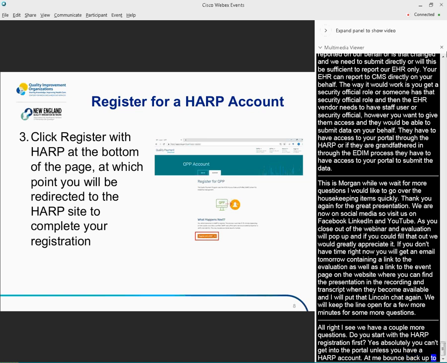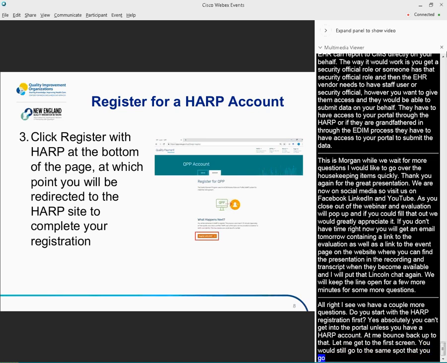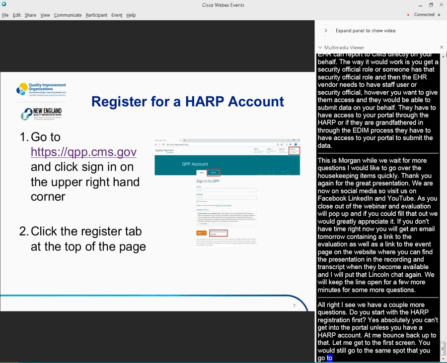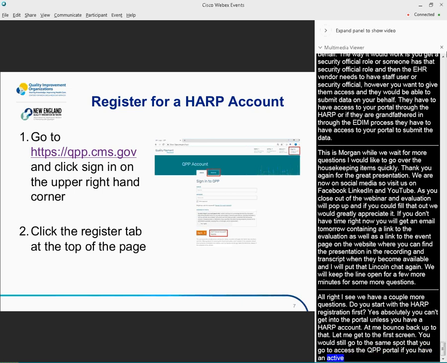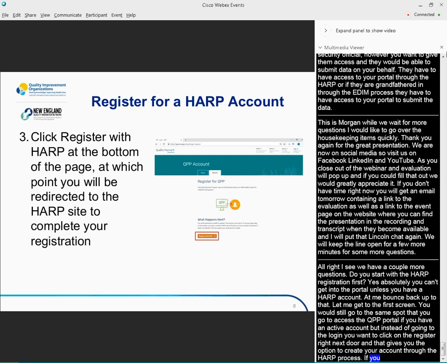Okay, so you would go to the same spot that you would go to access the QPP portal if you had an active account, but instead of going to this login, you'd want to click on the register option right next door, and that would give you the option to create your account through the whole HARP process. If, again, you already had an EIDM account active and you could log into the web portal previously, then you would use that same username and password to log in to enter your data or view your data.